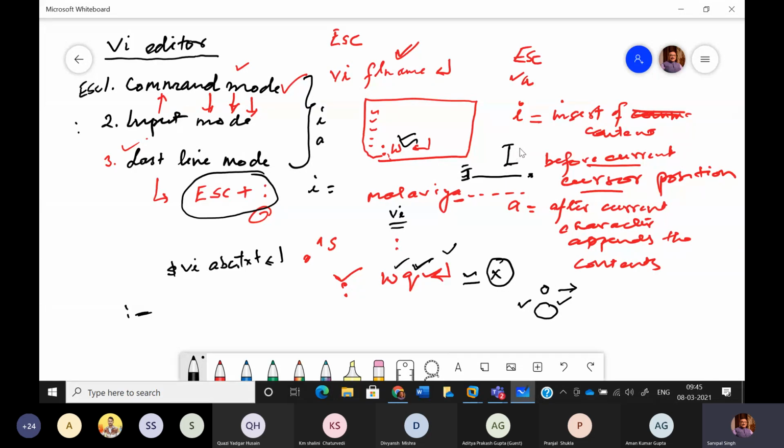Like i allows you to make the insertion just before the current cursor. तो आप उसके पहले जो भी, जैसे मैंने आपको वहाँ एग्जांपल दिखाया कि I was having my cursor below the H, and I just typed i. So what happened after that, whatever I am typing, the H is shifted and whatever I am typing will start getting inserted, ठीक है, before H.